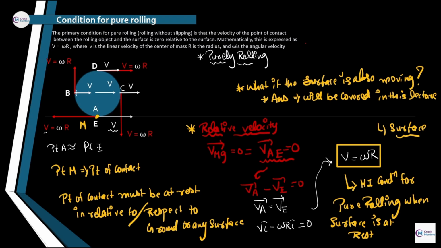There is one more thing which I want to talk about, but the rolling motion on inclined surface we are gonna solve right now. Just give me a time. There is one more important case which I need to mention. What if the velocity is greater than omega r, and what if the velocity is less than omega r? Then how are we gonna determine the condition of pure rolling? Then there is another thing as well, I'm going to explain it as well.